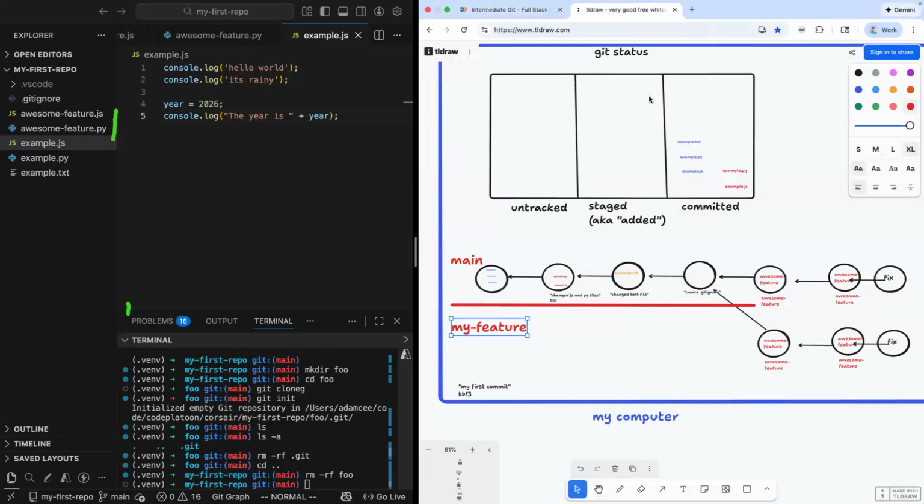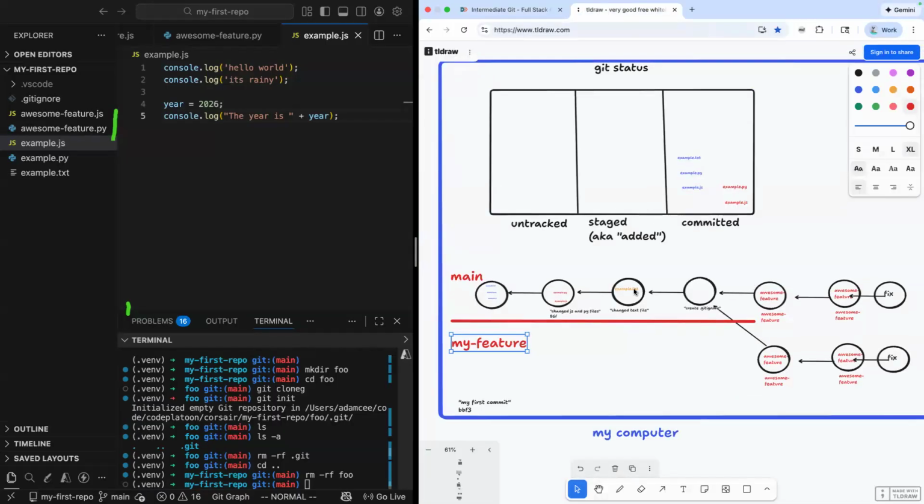So that's it. We are off to the races with Git, and then in part 2, we will see how we share code from the Git repo on my computer on GitHub. All right. Thank you, folks. Now let me stop our